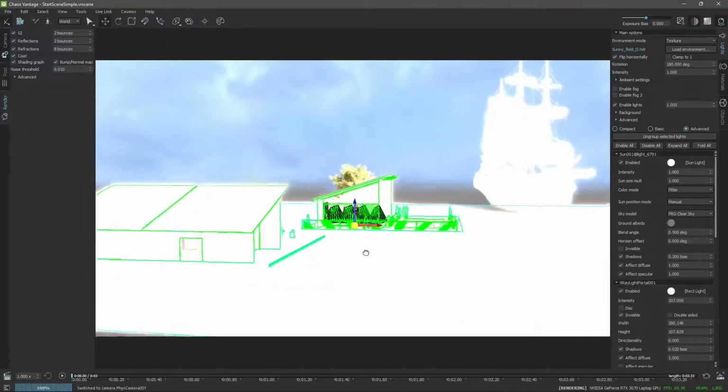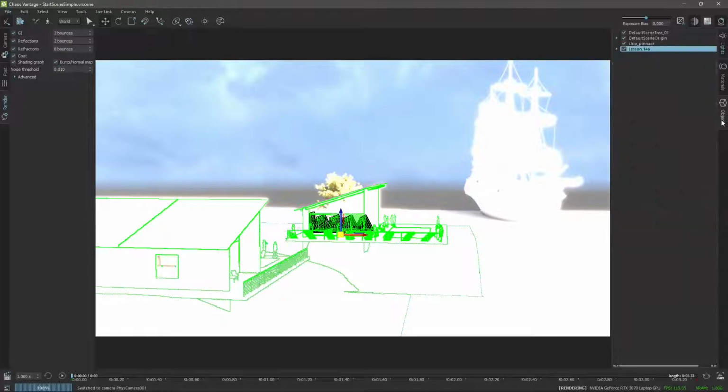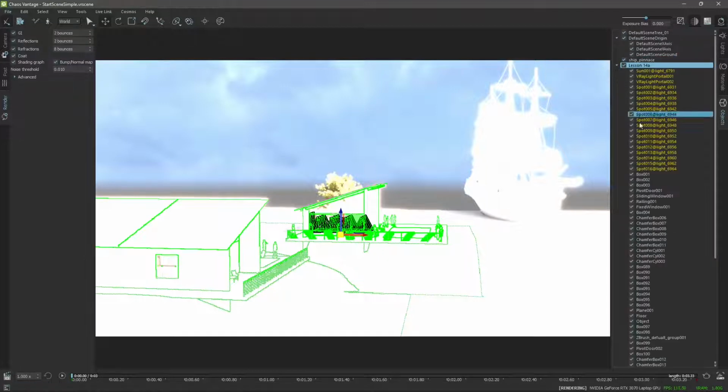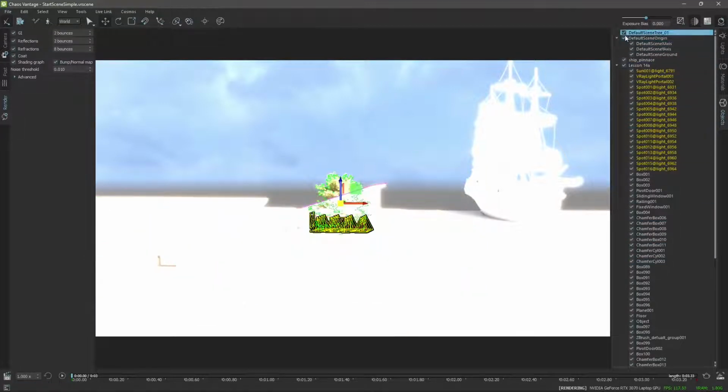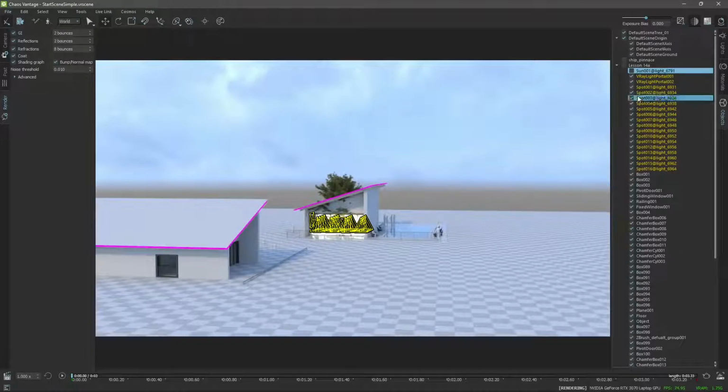Now everything is too bright because I need to adjust the lights. So I'm going to go here in the objects panel, and if you expand this, you will find all the objects in the scene. You can activate them or hide them. Probably the problem here is the sun, which is too high.